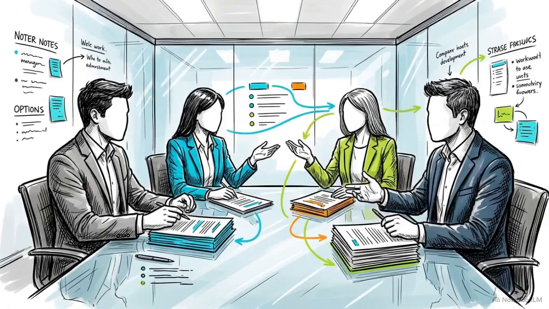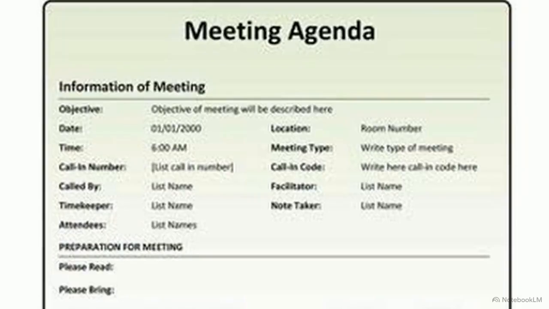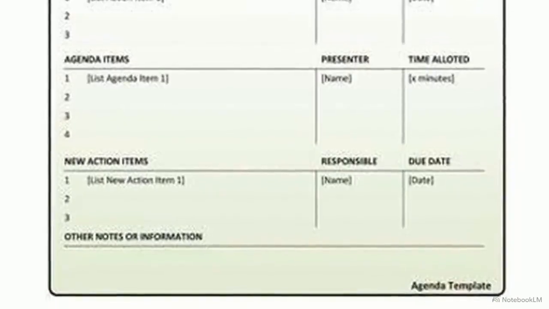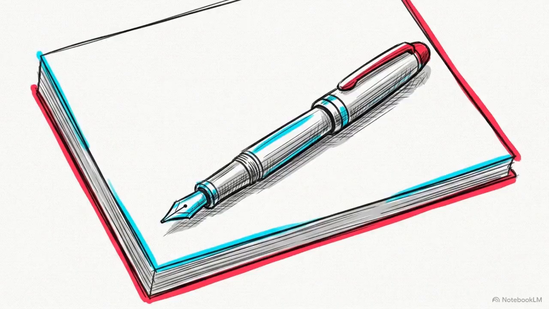When that internal team needs to meet in person, they rely on a program agenda. An agenda is a precise, written outline of the activities and topics to be executed during a meeting. On this agenda template, the top section handles administrative details like the objective, date, location, and attendees. The core organizes the time by sequencing action items, designating presenters for each topic, and allocating strict time limits to keep the meeting moving. Finally, we have the formal letter.